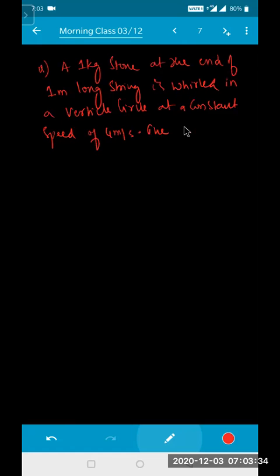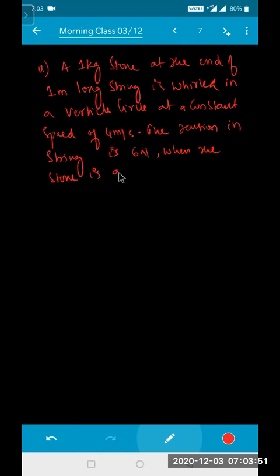The tension in the string is 6 Newton. When the stone is at